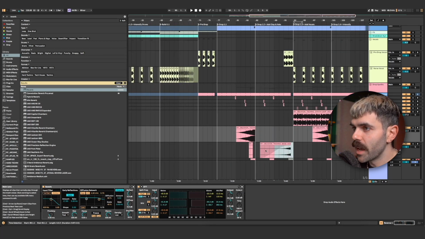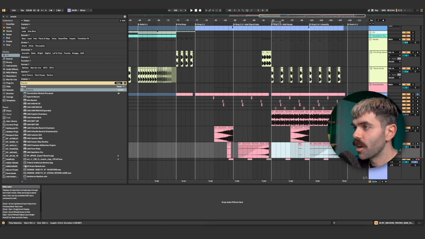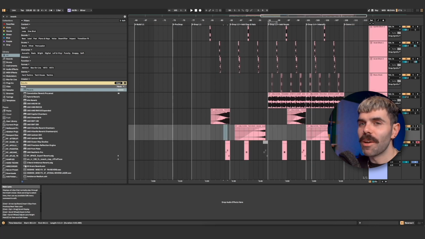So then let's just go ahead. We'll copy from drop 1.1 at the end of drop 1.2, and we'll duplicate this across. And I think that's good for our reverses. So I think that's enough sounds in the drop right now. We don't want to overcrowd it, but now that we've written everything, I don't want to get super into mixing,